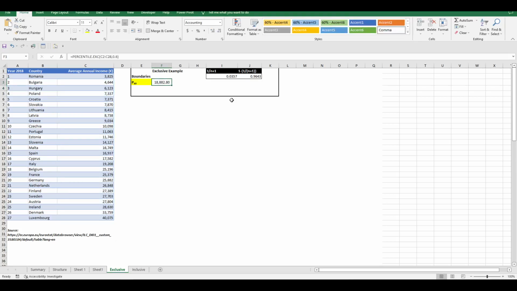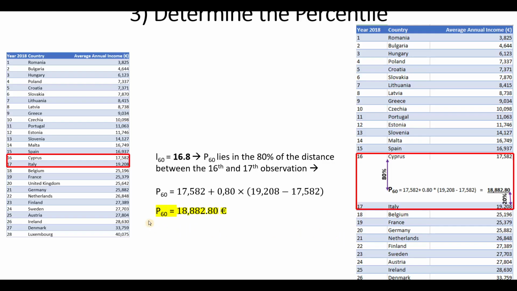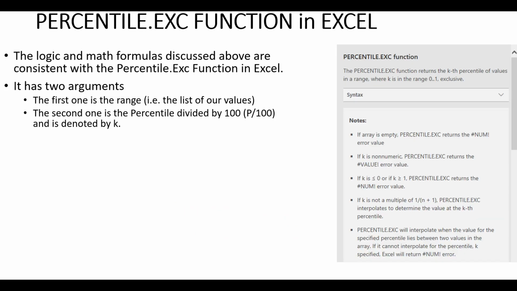And this is equal to the same result as we found before, 18,882.80. Here is the result as before.